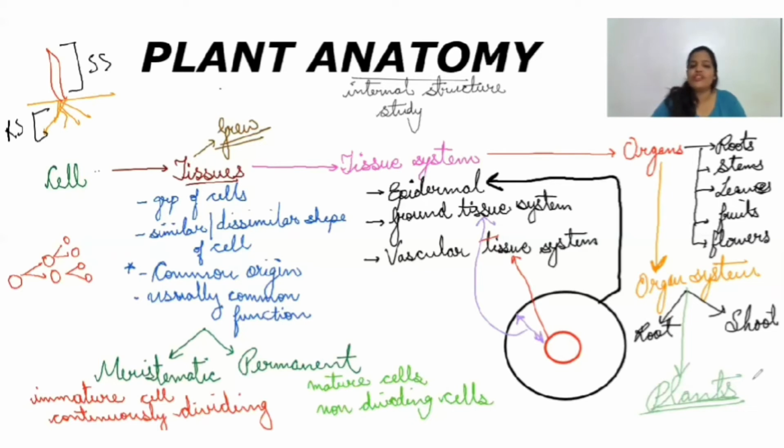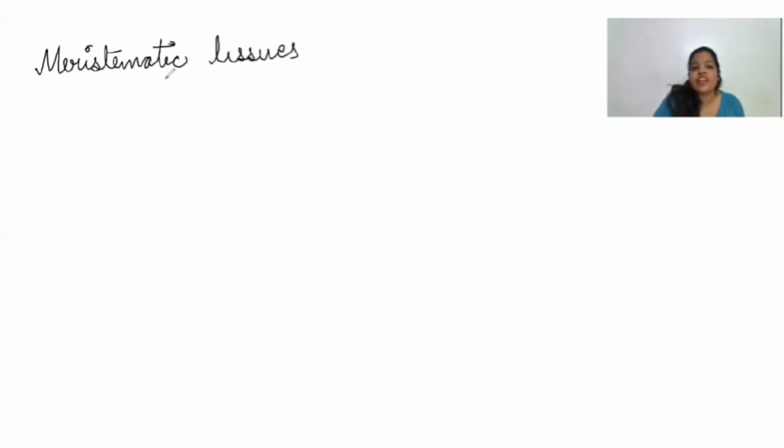So let's move towards the first type of tissue we have for today, that is the meristematic tissues. Okay, so let me put the heading first of all, then we'll talk about the meristematic tissues. Remember what I told about the types of cells present over here. What are the characteristics of the cells of the meristematic tissue? Yes, characteristics of the cells of meristematic tissues are quite important. A number of times questions have been asked from the meristematic tissue cells' properties.